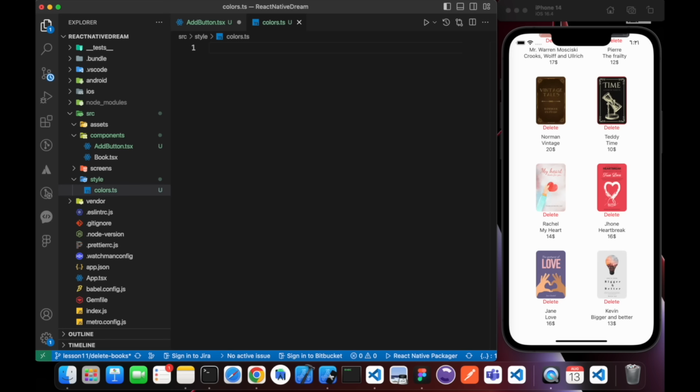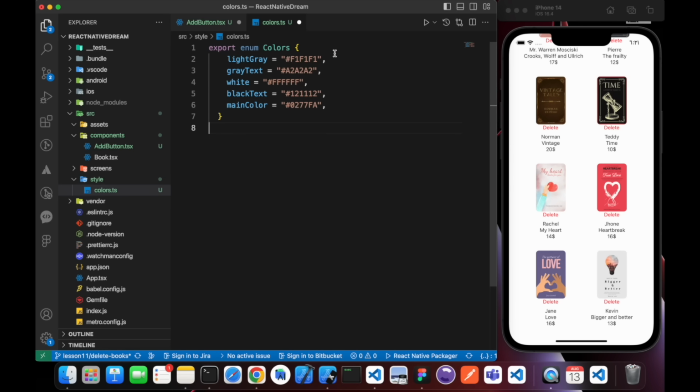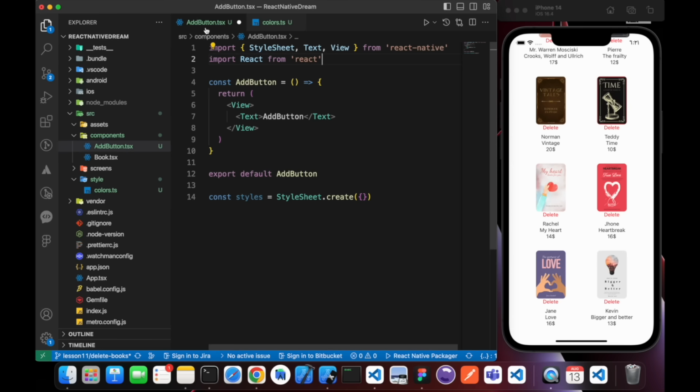Colors.ts. I just want to use those colors. I just export an enum colors with those. Okay, black text main color, and give them those names. Okay,